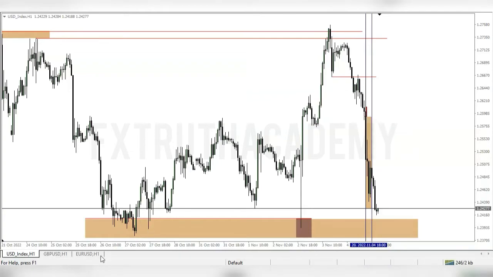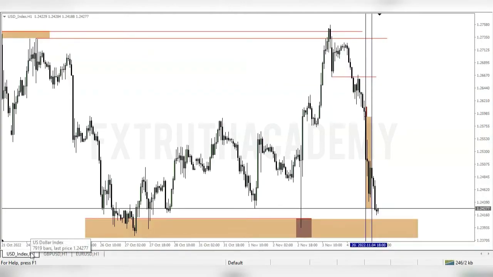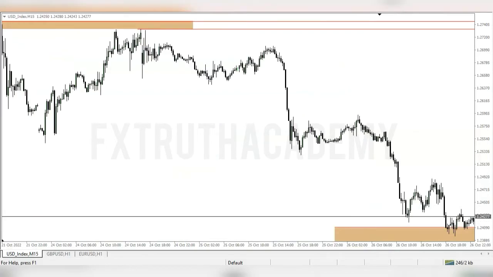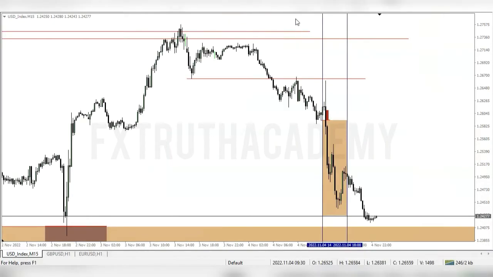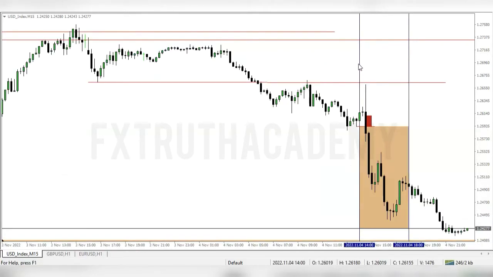So before the NFP news release, that's why I told you I got out on this particular candle right here. So now into the NFP session. How did I trade the NFP session, and how was I a part of the move on the NFP session? Not the whole move though, but a portion of it. During the NFP session, I saw price come into this time zone right here. This is New York time. Based on the chart time, I had to use a vertical line to delineate that. So you can see how price came into this area and expanded to the upside.